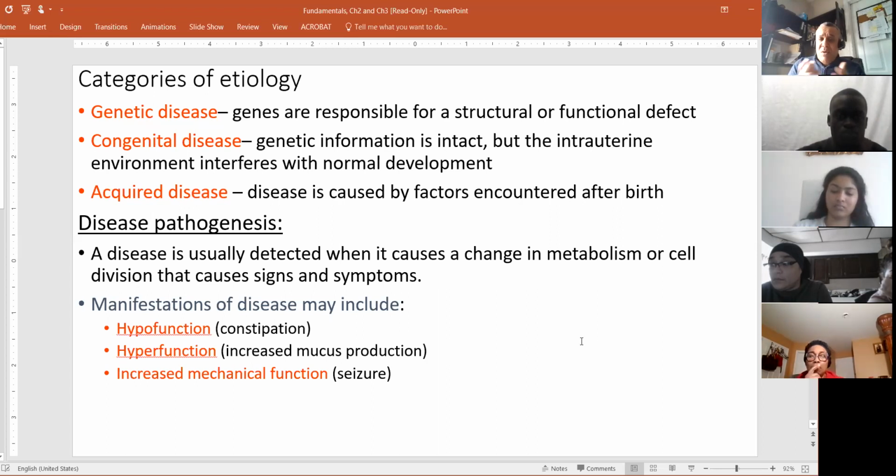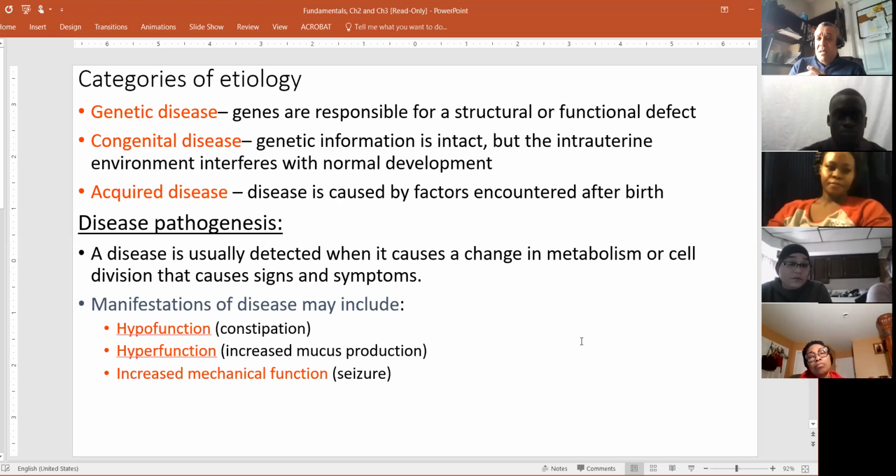Like in your physical assessment course, you went over what changes as you listen to the bowel movement, or I'm sorry, bowel sounds. What would you hear as bowel sounds? Either it's hypo or hyper. So when it's hypo, it means that the patient could be constipated. When it's hyperfunctioning, which means